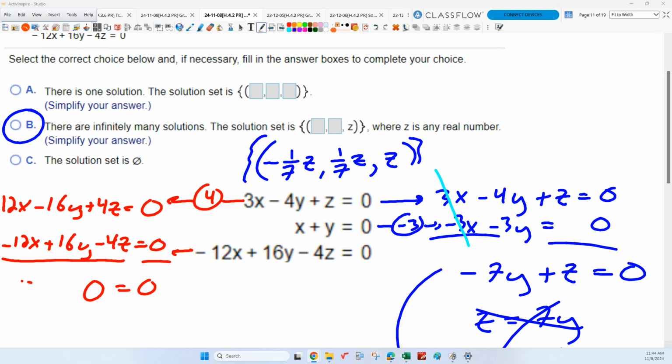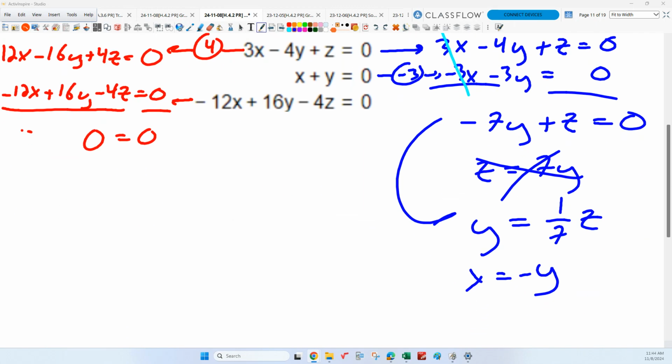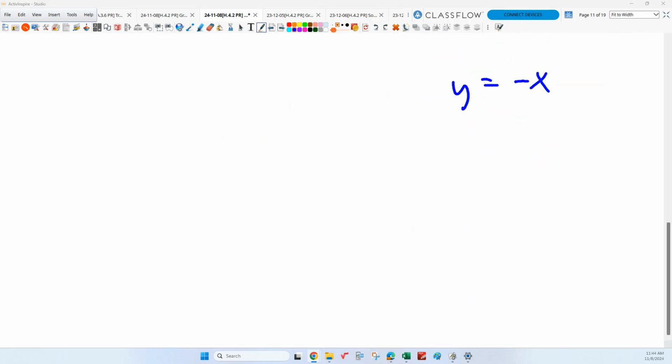Okay. So what does that mean? Well, it means we're going to get this weird plane. If I were to graph the line in the YZ plane, it would just look like y equals 1/7 z, which is just going to be some line in the YZ plane. Or actually let's do it in the XY plane. We're used to that. In the XY plane, we get the equation y equals negative x or x equals negative y. Well, that's pretty easy to graph, right? That just looks like a line with a slope of -1 through the origin, right? So here's my line